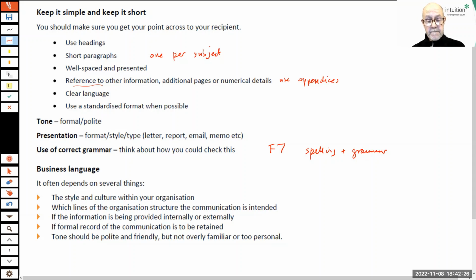Internally or externally. If a formal record is to be retained, again, something that's going to be in writing, make sure that it's something you're not going to look at 3 months down the line and think, oh, I wish I'd worded that a bit differently. Polite, friendly, not overly familiar or too personal. And then finally,